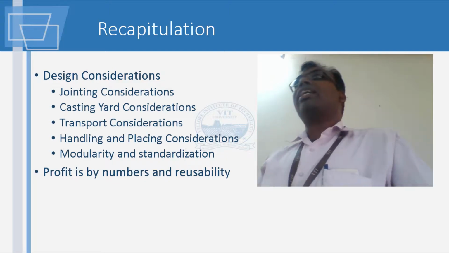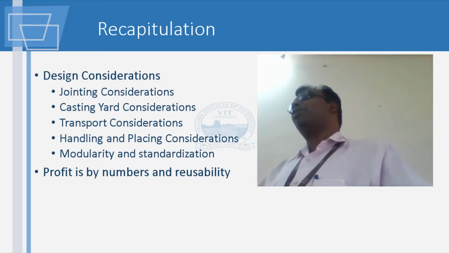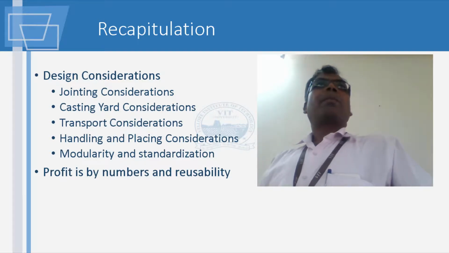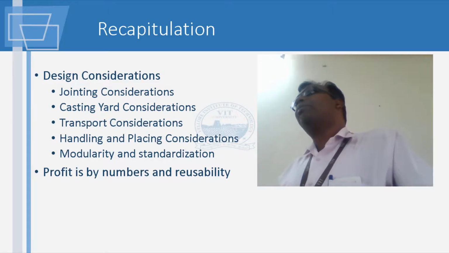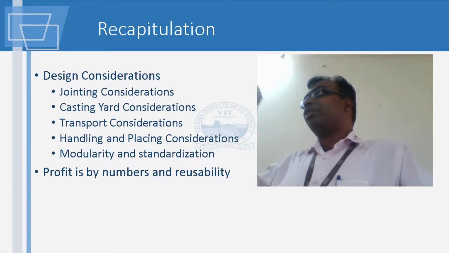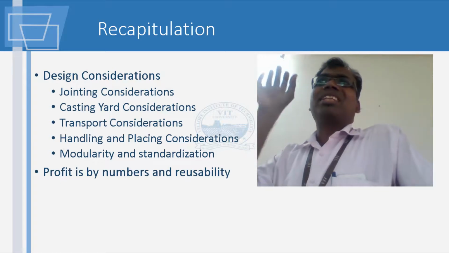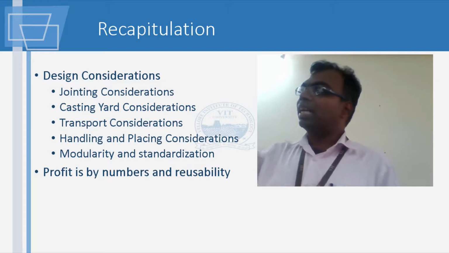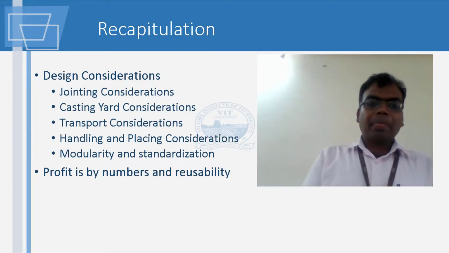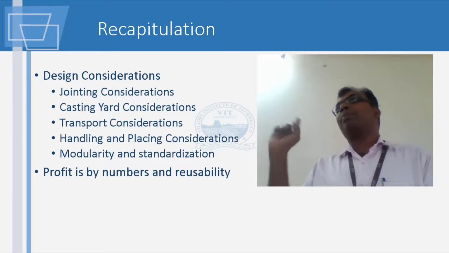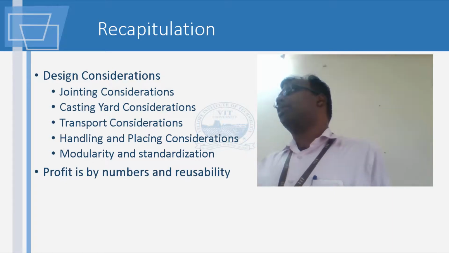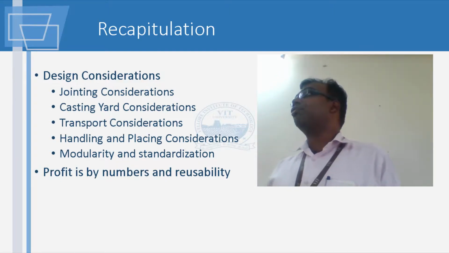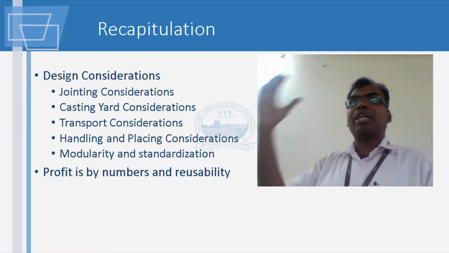And finally, it is modularity and standardization. Are you going to be able to get a standard pattern, where you can keep reusing the mold, and where you have things in a standard fashion? When you say standard, it will all look the same, and you can handle it all the same way. And again, profit in a precast system is only by numbers. If you have a larger number of elements which you can precast with the same kind of mold or same kind of handling,